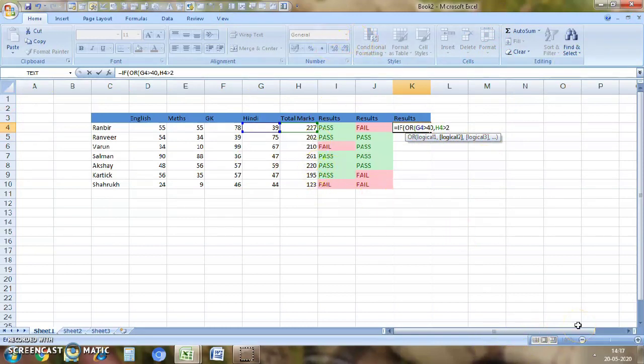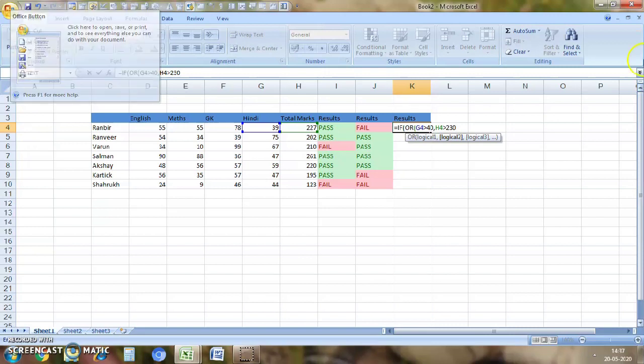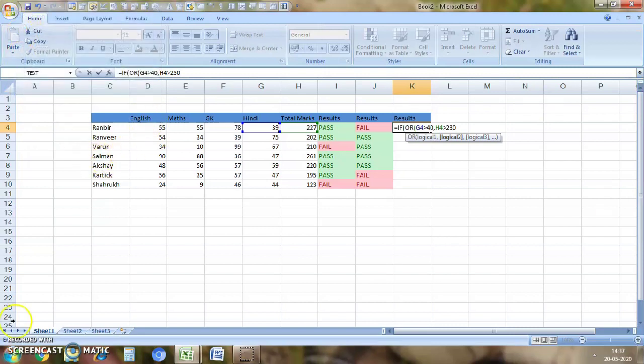So if one condition meets, like if this person has Hindi 75 but his total marks are not more than 230, he is passed, because one condition will meet. I'll just close the bracket and do comma.